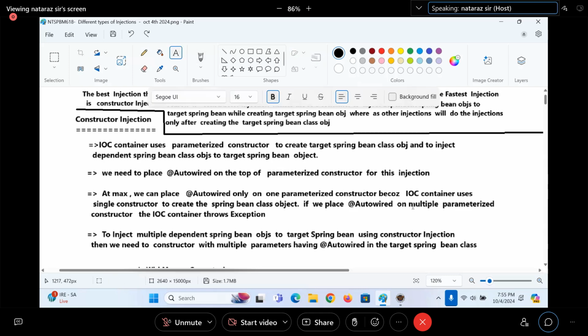Constructor having value required is equal to 2. At max, we can place @Autowired with required true only on one parameter constructor, because